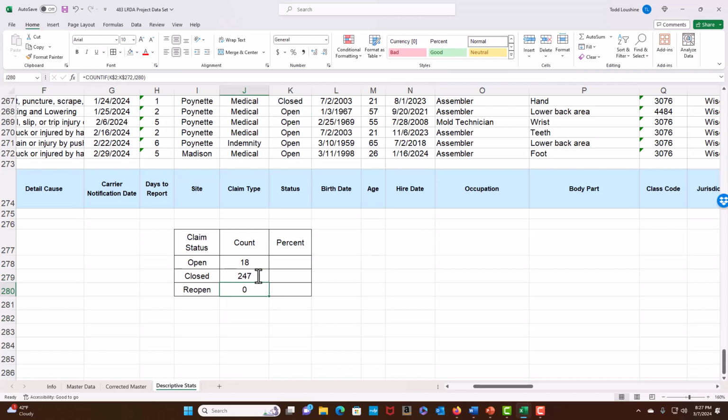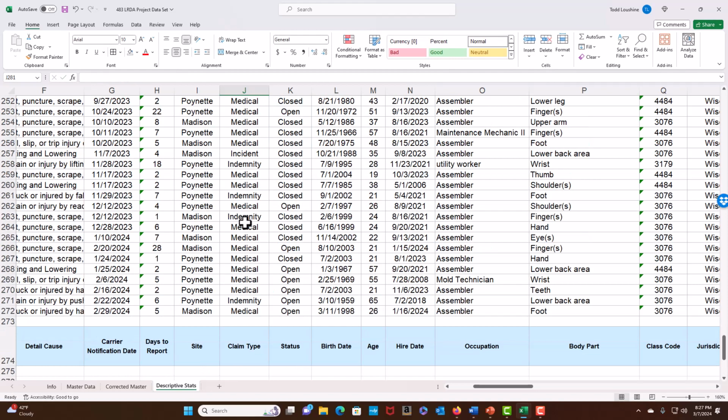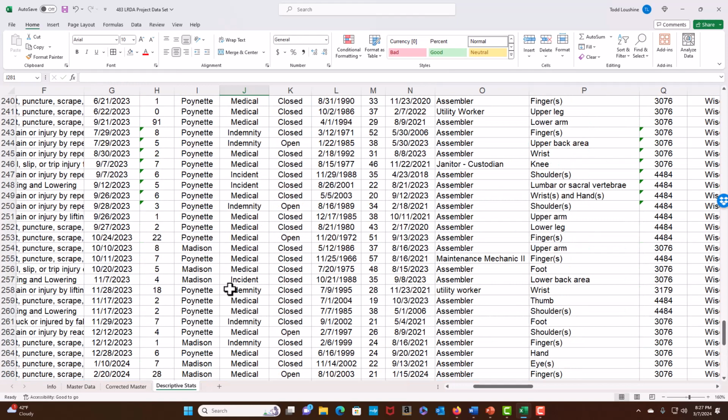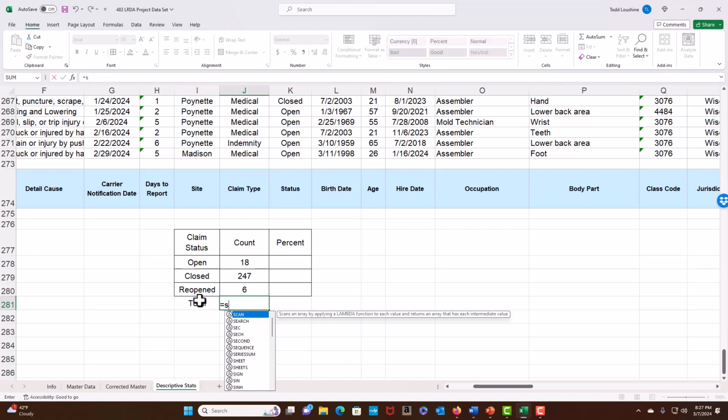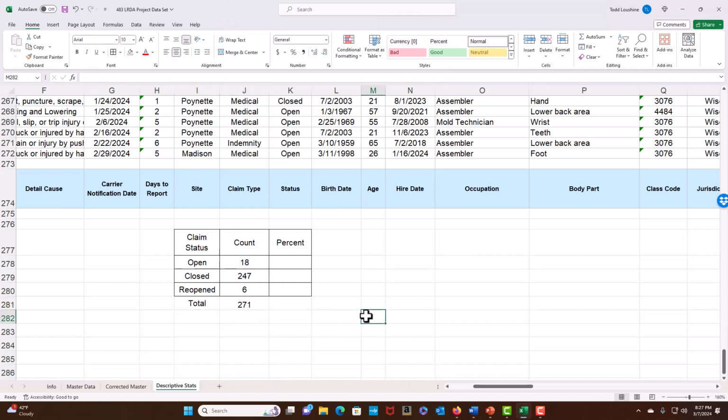That's the close. Did I spell reopen wrong? Is it reopened? It's reopened. Okay, that's why I didn't get anything. Reopened. All right, what's the total? You got to check your totals. No, you just call it total. Equal to the sum of these three. 271. Good, we're good. So the percent is equal to this divided by, and if I want to use this number right here,